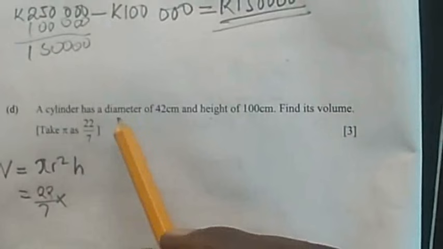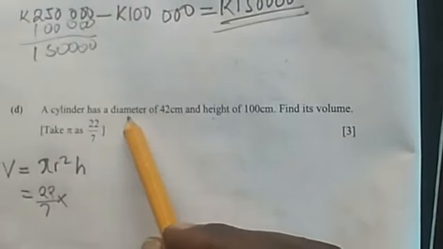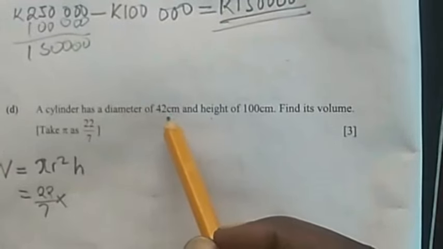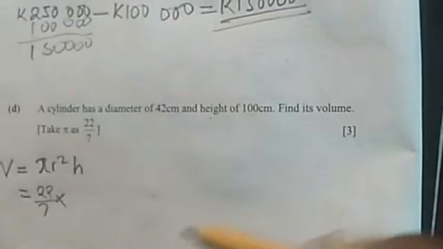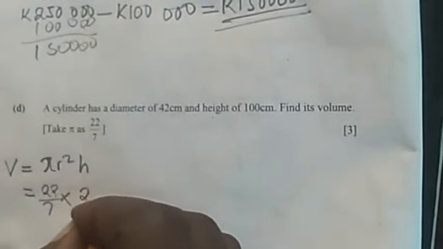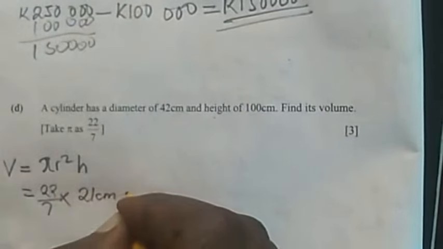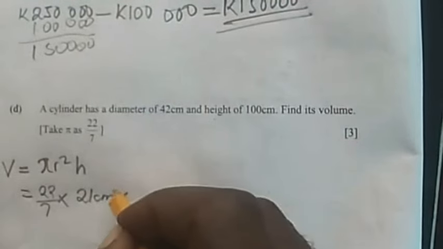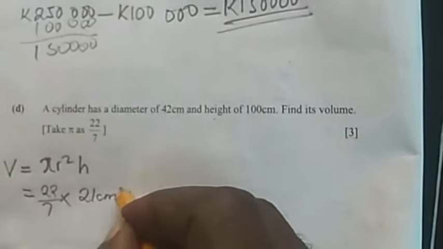As you can see in the statement, we're not given the radius, but we're given the diameter. So we can use the diameter to find the radius. The radius is half of the diameter. So half of 22 centimeter is 21 centimeter. So we're going to multiply by 21 centimeter, we close the bracket,